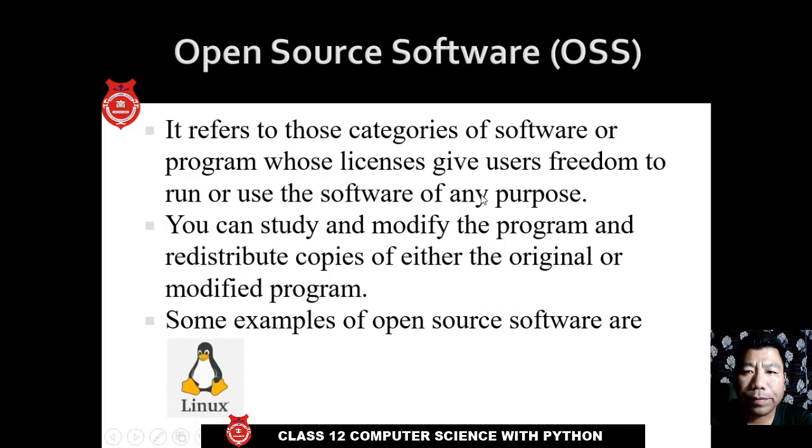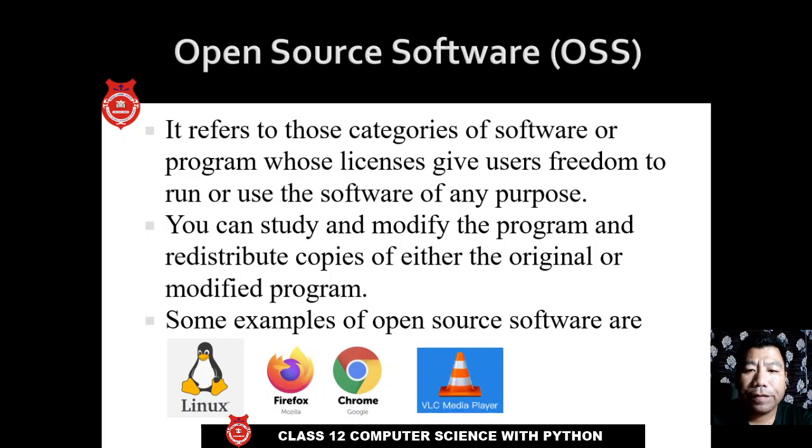One common example is Linux. There are various versions of Linux operating systems like Ubuntu, Fedora, etc. They are free to download, they are free to use, and by using, copying or distributing this open source software, you are not committing any crime, so it is free. Another example is Firefox, which is very popular, Chrome, which is also popular, and the VLC media player.